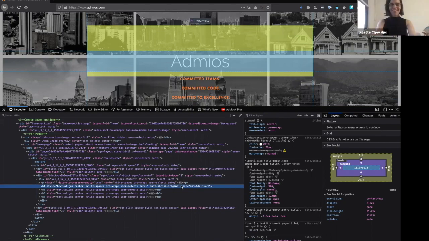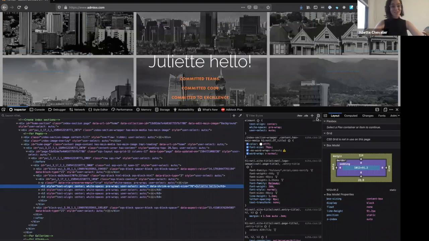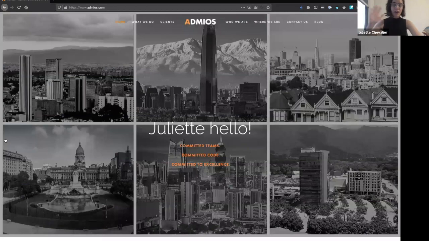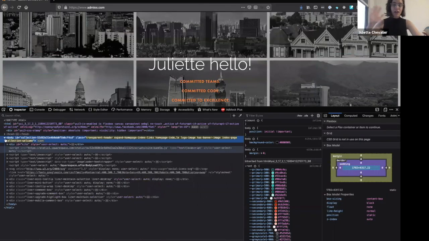Now let's say here I say, Juliette, hello, and I press enter. All of a sudden, my title changes. So what just happened? And this is the beauty of the browser, is that the browser is allowing us to see everything, and we can change it in here. This is our code, exactly as we would see it on our HTML document, but it's only for me, which means that the moment I reload, my browser is going to go into that server, find that file, return it. And at that point, that file doesn't have that new change that I just did on the client side.